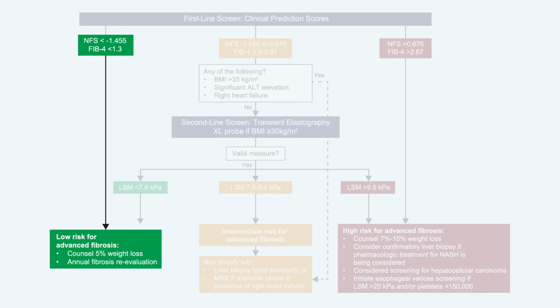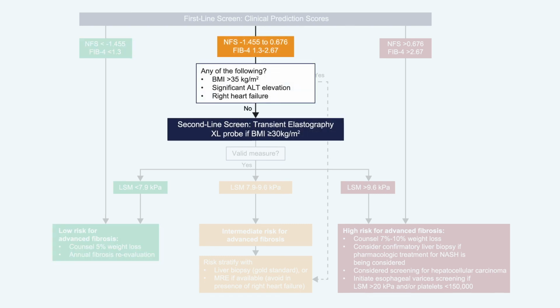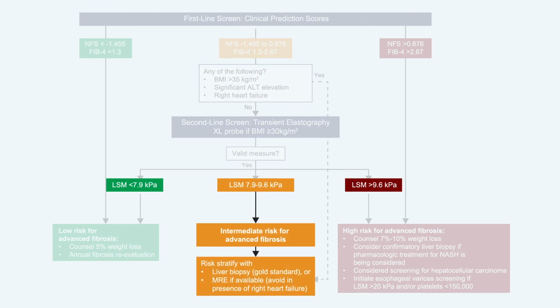and you could follow those patients every 1 to 3 years, and if the FIB4 score increases to a range between 1.3 and 2.67, you might consider other assessments such as elastography-based assessment. In those that have an elastography reading somewhere between 7.9 and 9.6, you might consider doing a liver biopsy assessment because it's possible that this patient may have any of the stages of fibrosis from stage 0, 1, 2, 3, or 4. However, greater features of metabolic syndrome would be helpful in assessing those with a higher stage of fibrosis,